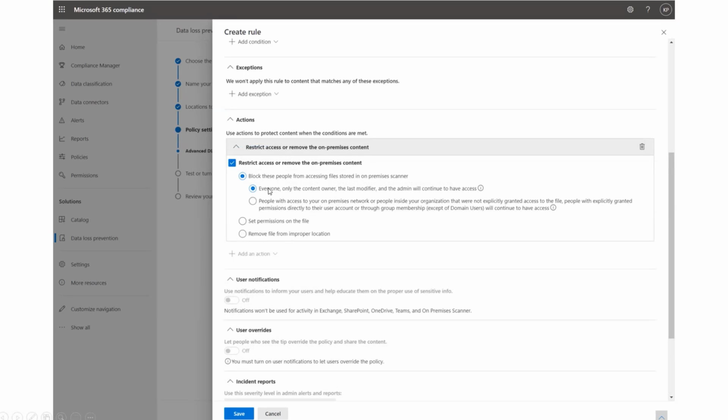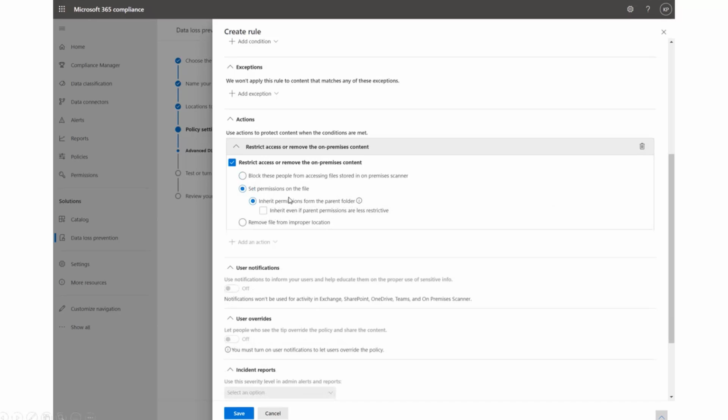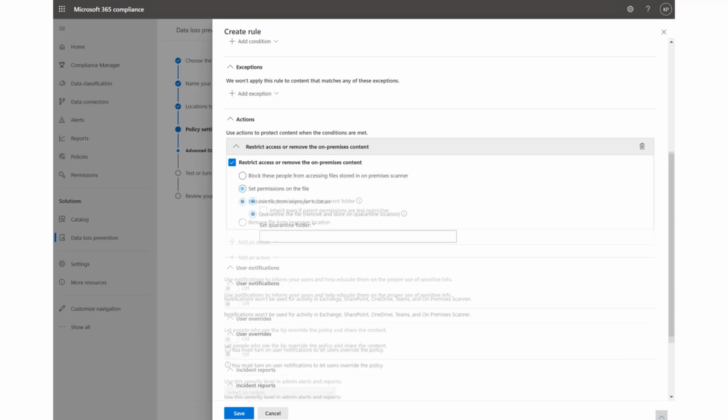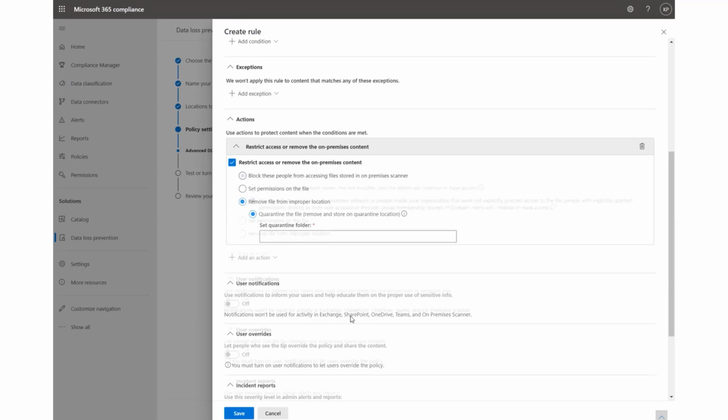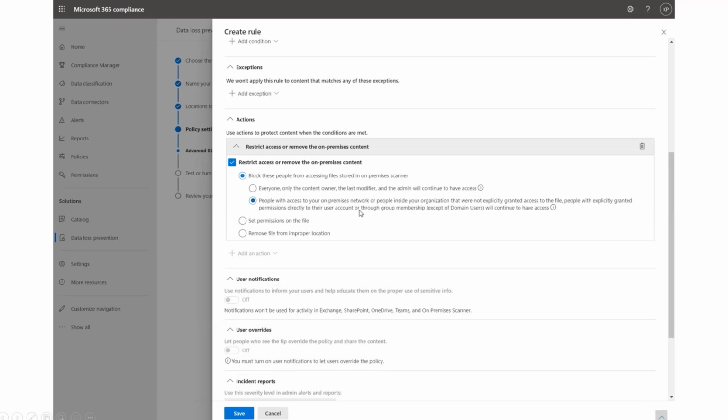The first section is making private, block everyone except the file owner. Then in this case, only the file owner will get access to the file. It can be inheriting permissions from the parent folder. For example, if somebody overshared a specific file, you can go and reset permissions from the parent folder. You can set up the quarantine folder here, or you can remove public access to this file. Public access in on-prem world means we will remove everyone, authenticated users or domain users from accessing this file,